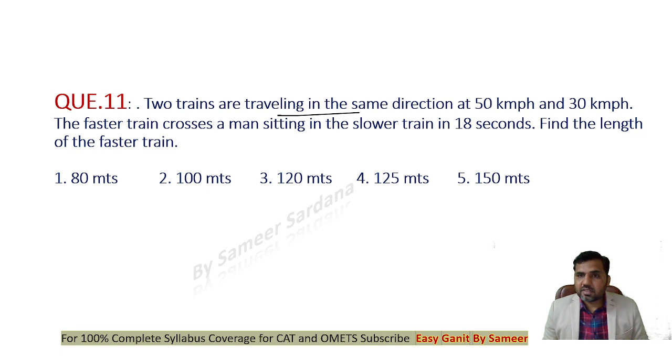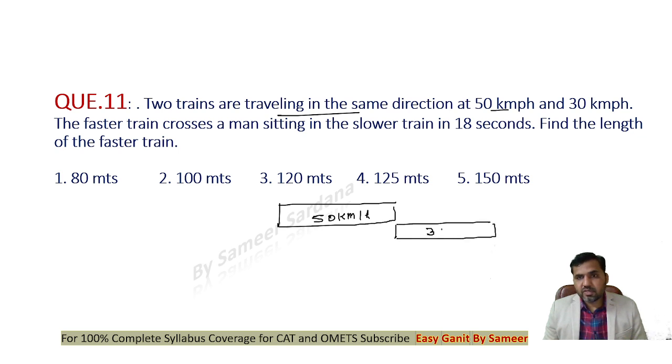Two trains are traveling the same direction at 50 and 30. The faster train crosses a man sitting in the slower train in 18 seconds. Find the length of the faster train. So I see that here, 50 km per hour. Now are traveling in the same direction. This train, there's another train which is running at a speed of 30 km per hour. A train running at a speed of 50 km per hour is